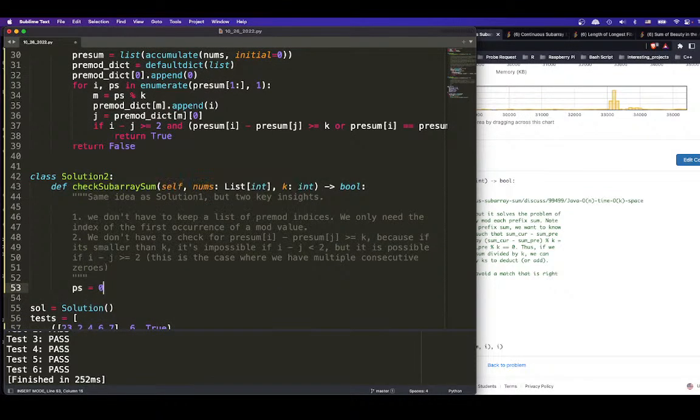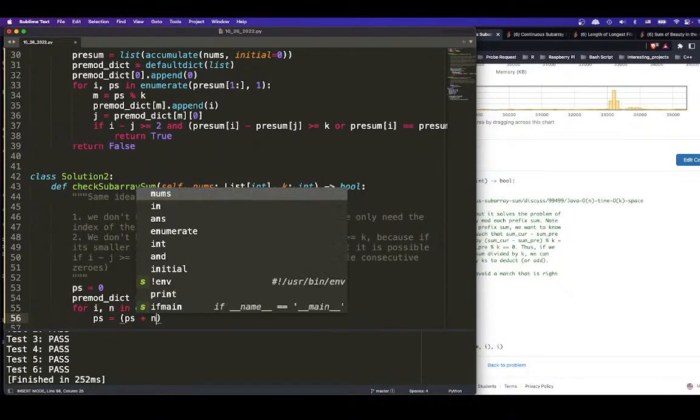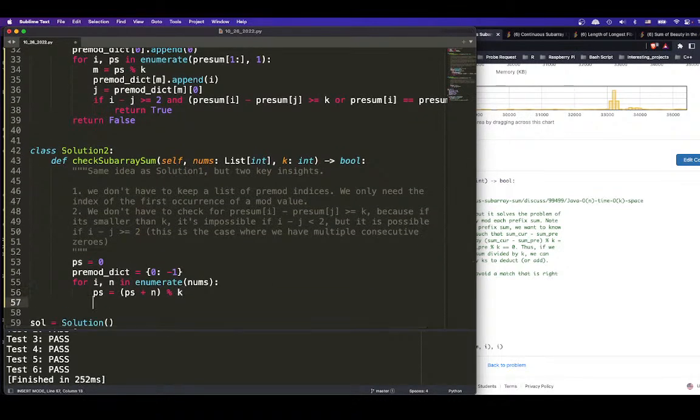PS is going to be 0, right? Pre-mod dict is going to be 0. Yeah, we can set it to -1. And then for i, num in enumerate nums, and we say PS equals PS plus num mod k, right? Then what? Then we say